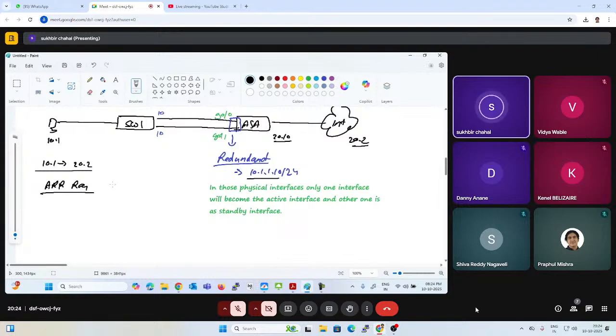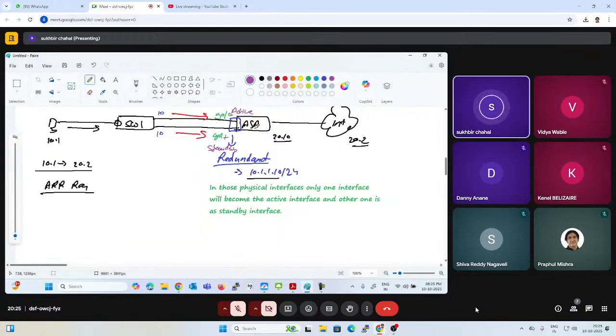So in that case, the ARP request will come on the interface of the switch, right? On the interface of the switch, and the switch will do the broadcast, as we know the behavior of the switch. So the broadcast will reach this interface and this interface. Just as an example, let's assume this interface is your active interface. So the upper interface is active and this interface is the standby interface, okay, in the redundant configuration. So now, if this is active and standby, the ARP will come on both interfaces, guys,